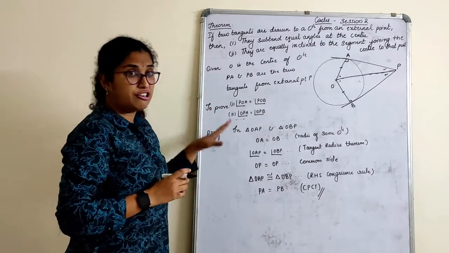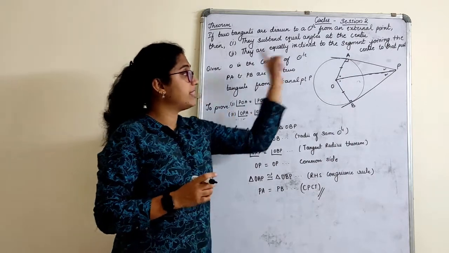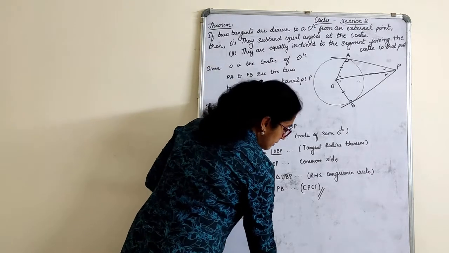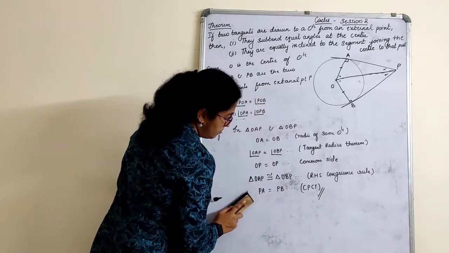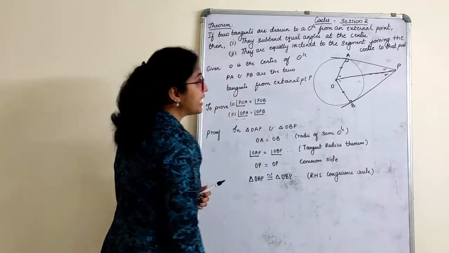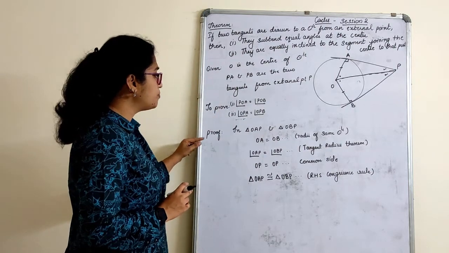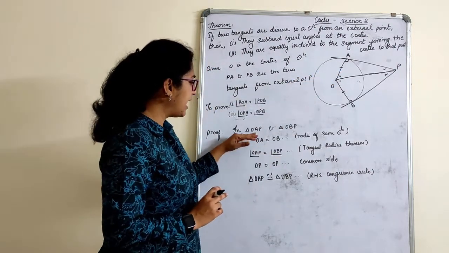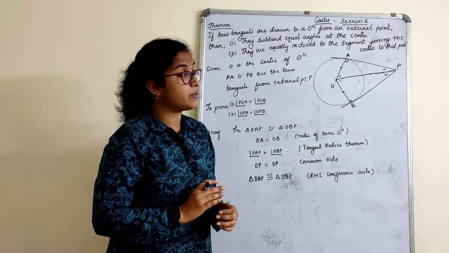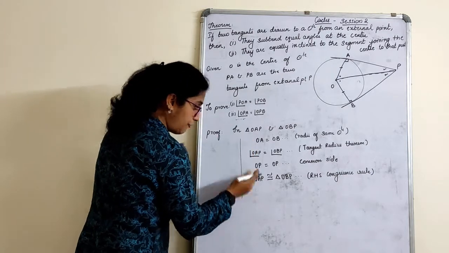So I have not erased anything. I have only erased the to-prove part. Construction will not be there because we need to join OP for the given. Proof is again the same thing. Only the CPCT part will change. If you want, the proof can be changed a bit here also. I'll tell that too. What we have to prove, we have done. So in these two triangles, I have used the same old thing we had written here, and that is by RHS. But what changes I can make here, I'll just write and show you if you want.